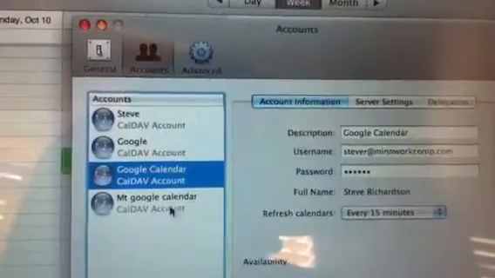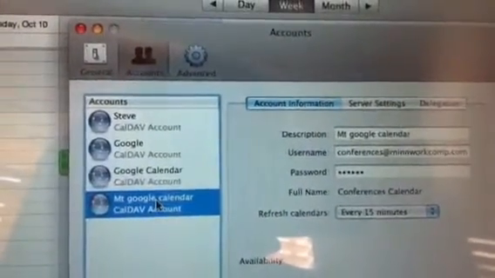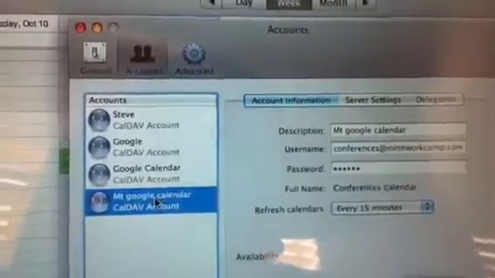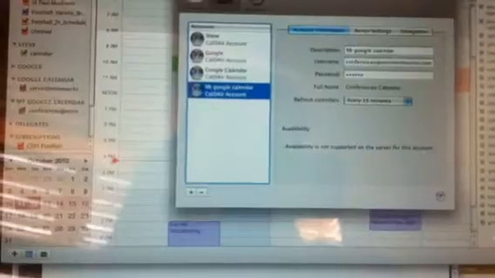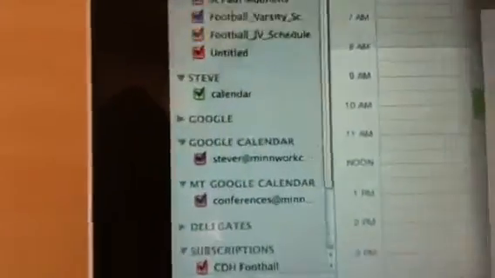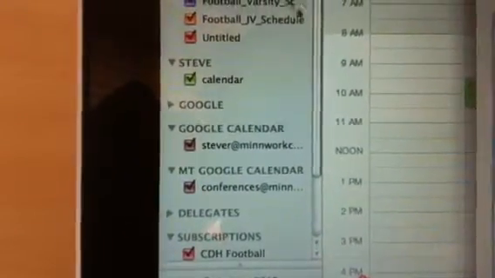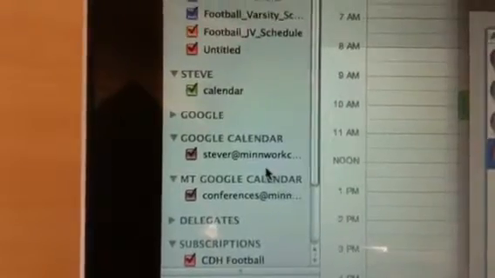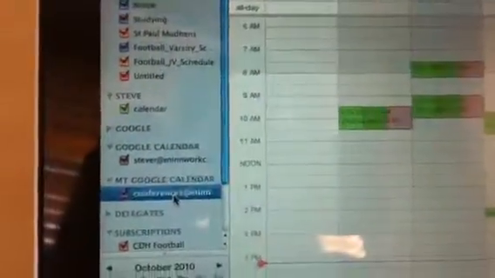And there we go. We've got, apparently I called that MT Google Calendar, but there it is. And as you can see, it's already arrived here as my Google Calendar. Click on it here, and just for